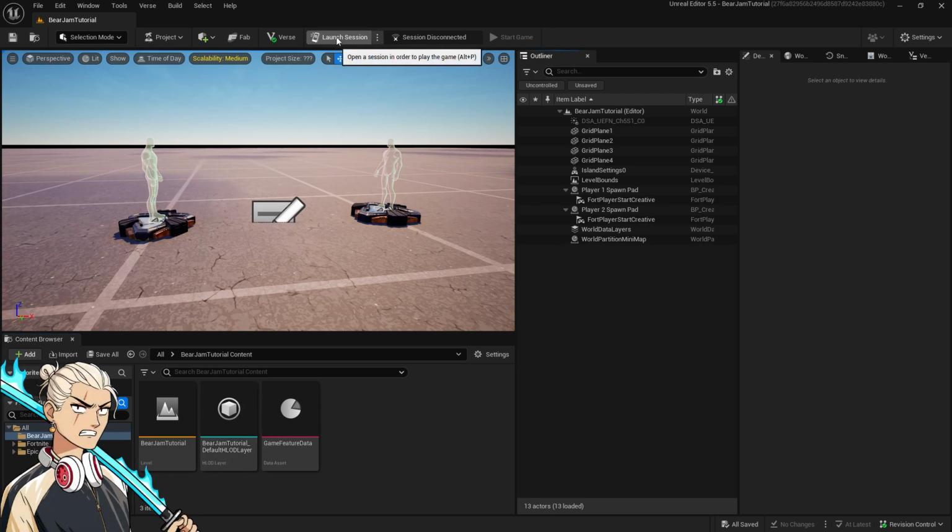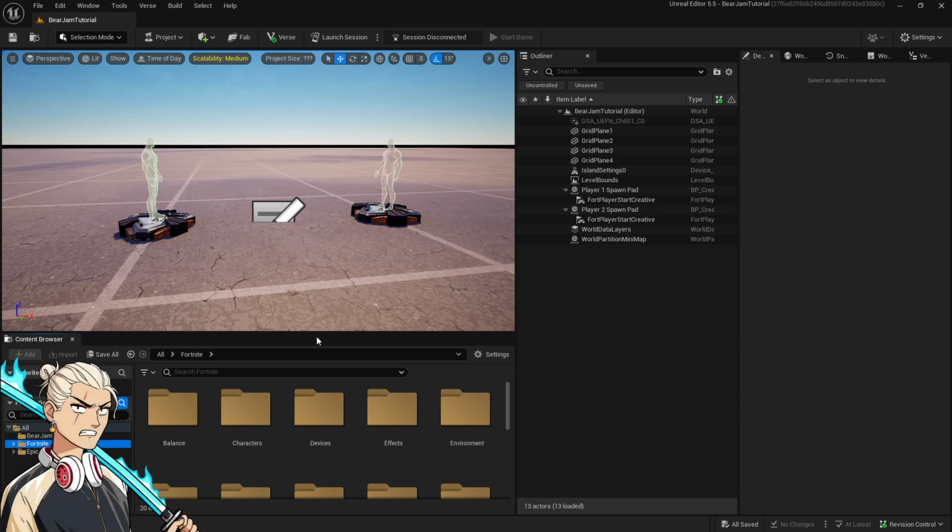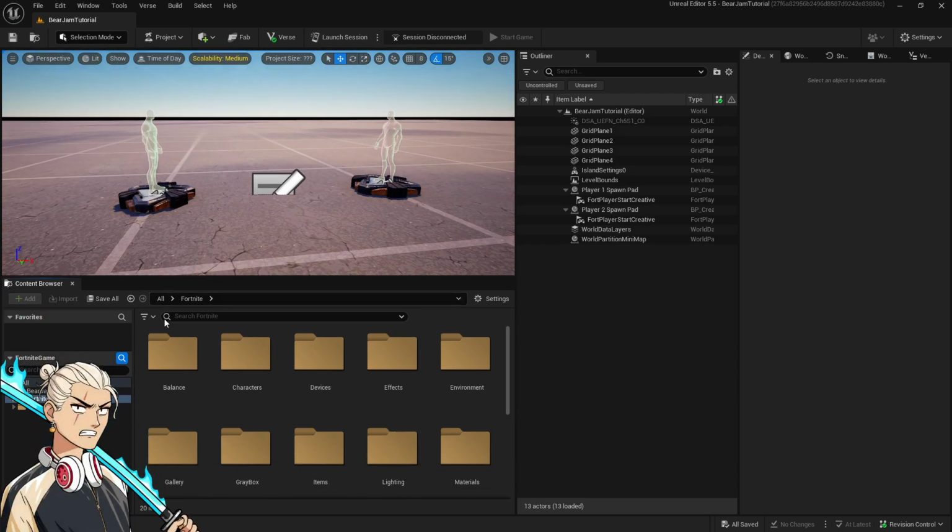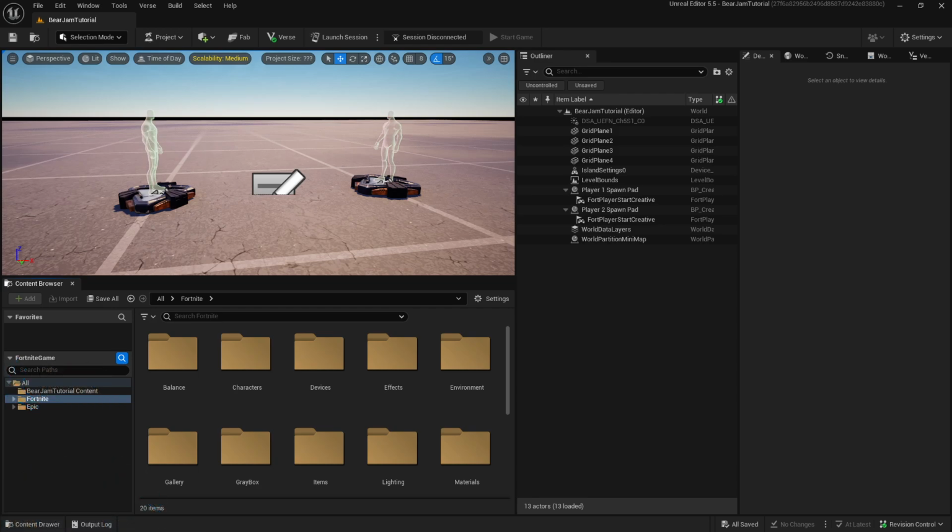We could hit launch session. It'll probably let us run around. I'm not going to hit it because launching a session takes a little while. I'll just be honest, guys. So we tend to be a little judicious about when we do it. But what I'm going to do now is, first I'm going to hide my little avatar thing there,